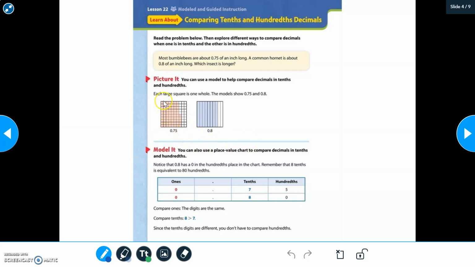So if you shade 75 of these little small squares, and on the tenth grid, if you only shade 8 of your columns, let's see which one of these models has the most space shaded. And as you can see, 1/8 has the most space shaded, right? So that lets us know that